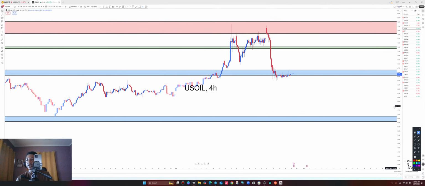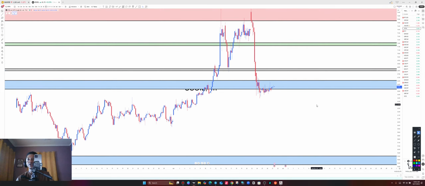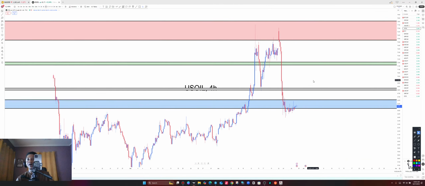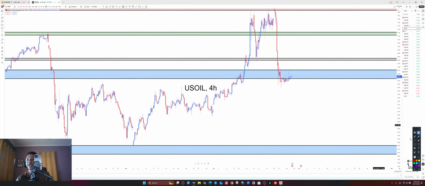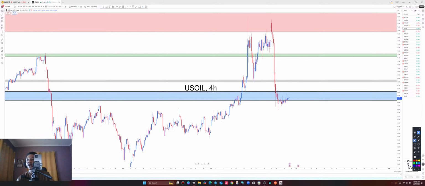All right, so this is US oil on the 4-hour time frame. On the 4-hour time frame, we have our 4-hour mid-range zone also present here. This is our 4-hour mid-range zone. What is happening on the 4H? Price has been able to break below the 4-hour mid-range zone to the downside. This is called what? A push. After a push, I expect to see a retest before a continuation push all the way to the downside.